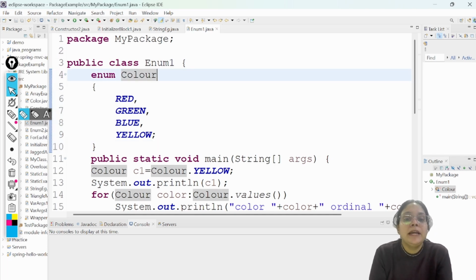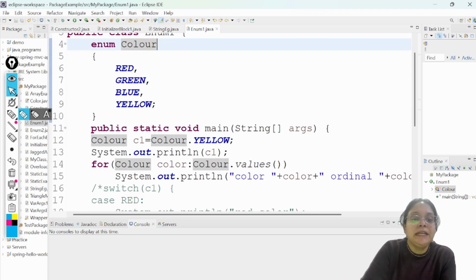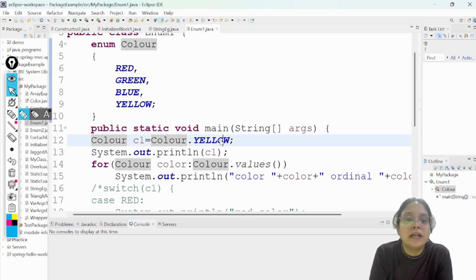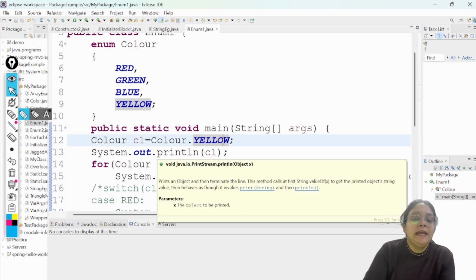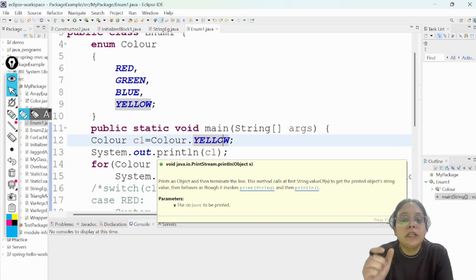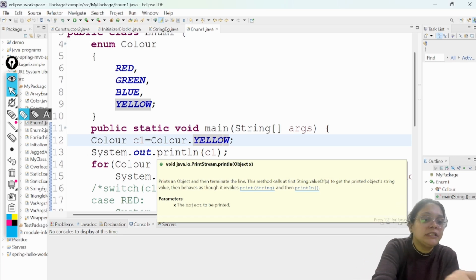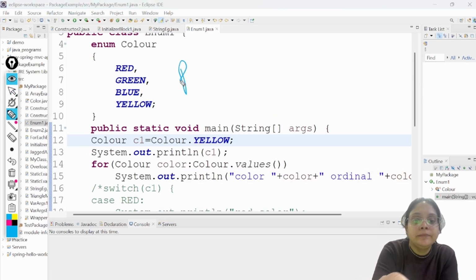If I make it inside the class, it won't make any difference. Now guys, how are you going to access the values of your enum? You can see what I have done: I have created Color c1, and I'm trying to access the value of this named constant yellow using Color.YELLOW, where Color is the name of your enum. Why guys? By default the implicit modifiers for these enum constants are